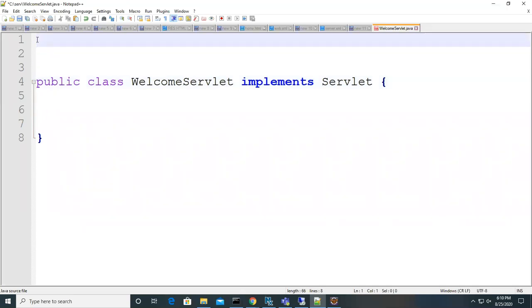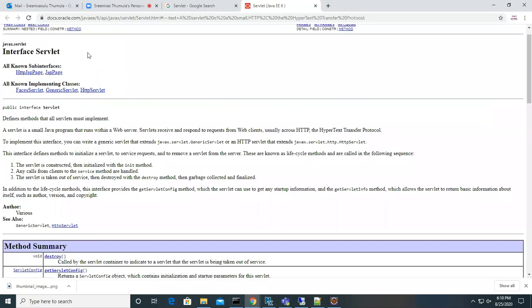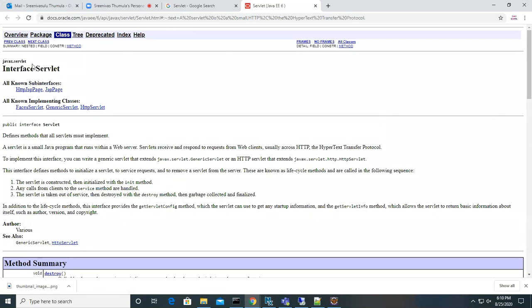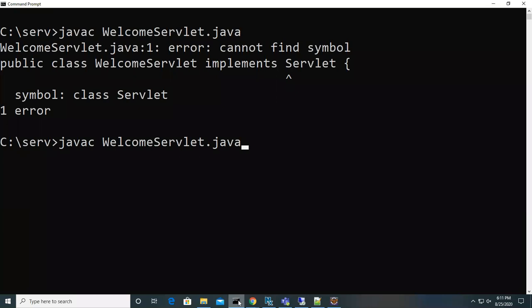Where is it available? javax.servlet.Servlet. The package name is javax.servlet and the interface name is Servlet. Semicolon. Now let's go to the compiler and compile again.